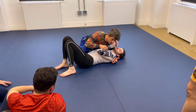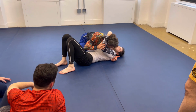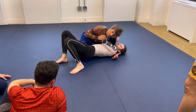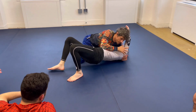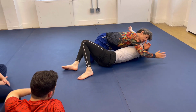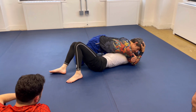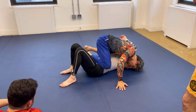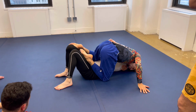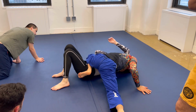Kind of like a shaving here. Once again, he's here, he's gonna bridge, and then he's gonna orbit the head, okay? If he just bridges and then reaches around, my head fits here, and I can start to look to finish him, okay? I can just get my head to the mat, put my knee across, windshield wiper, and now I have my